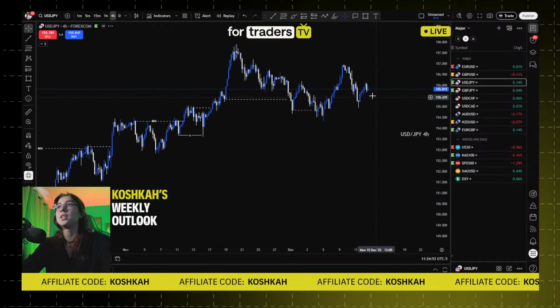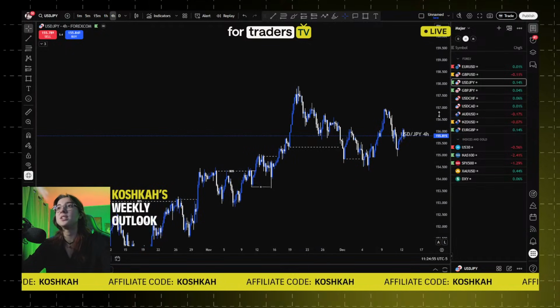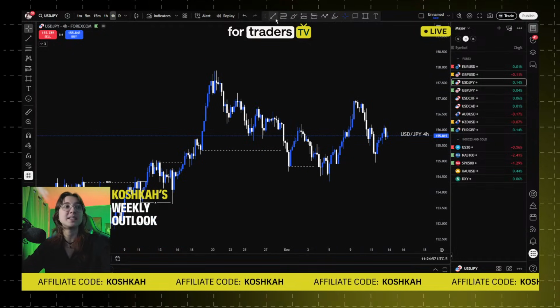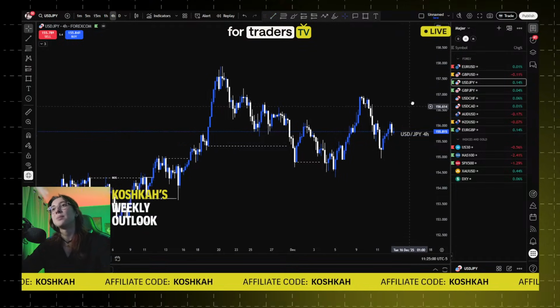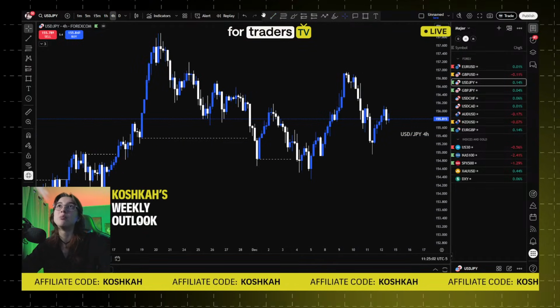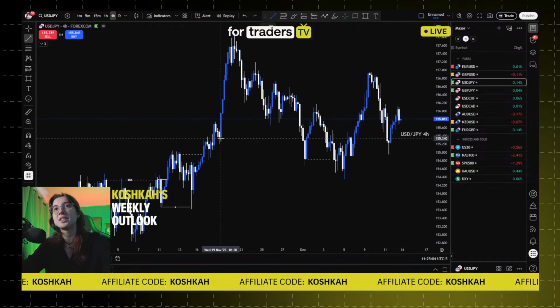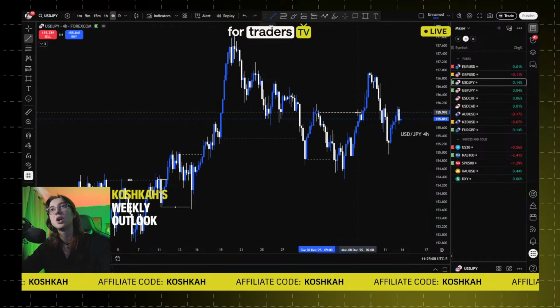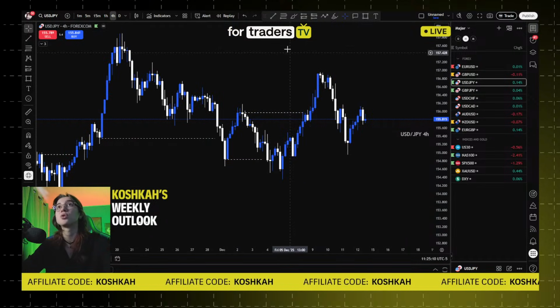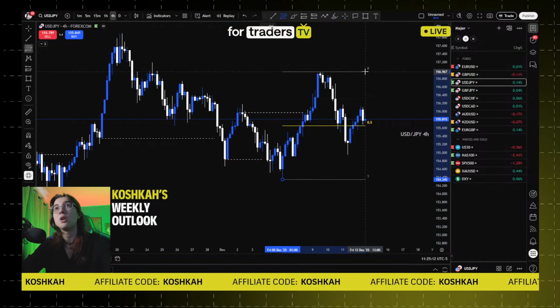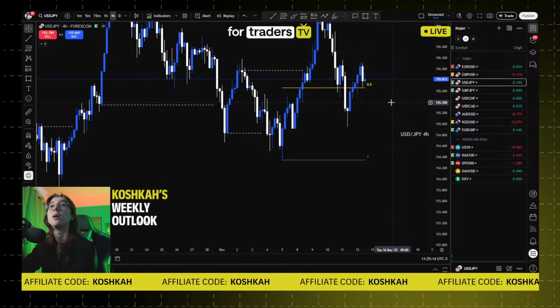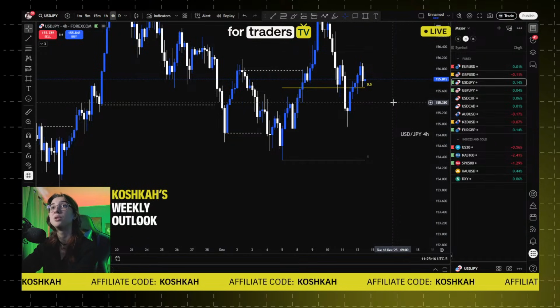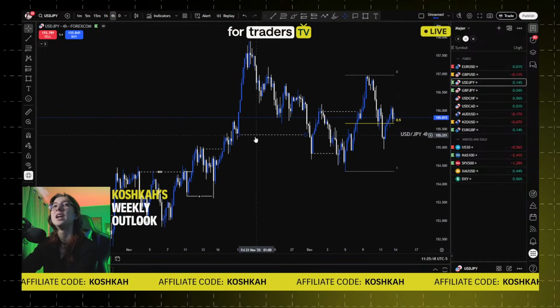Let's continue with USD/JPY. So USD/JPY, what's going on exactly right here? Same thing, it's pretty simple. So we broke structure to the downside here and here, as you can see. So we broke here and here, but now more recently we broke structure to the upside again. So I would be looking for some buys right here.